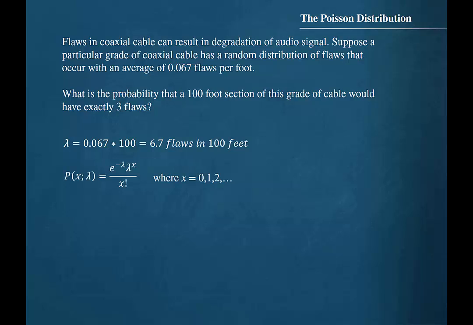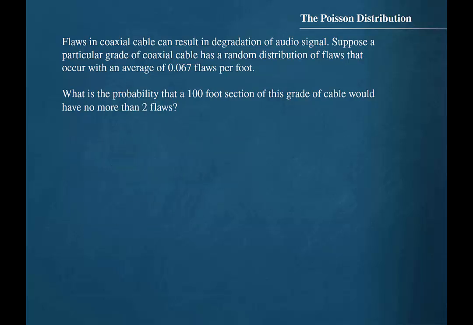We will substitute the values 6.7 and 3 into the formula for a Poisson distribution. This will result in a probability of 0.0617. What is the probability that a 100-foot section of this grade of cable would have no more than 2